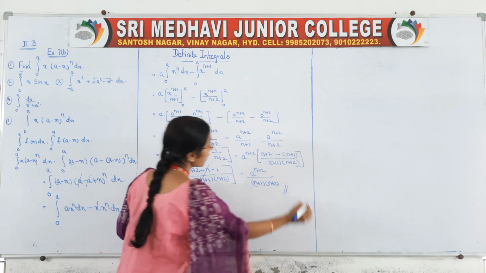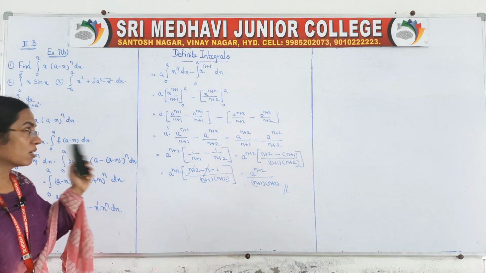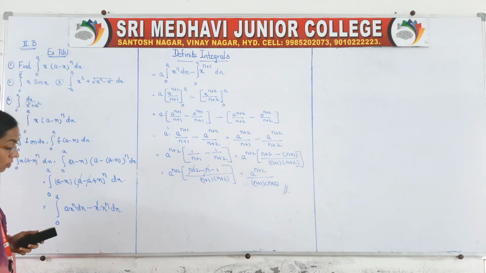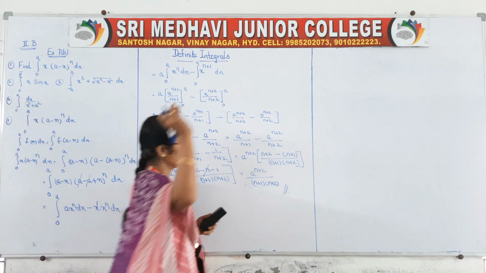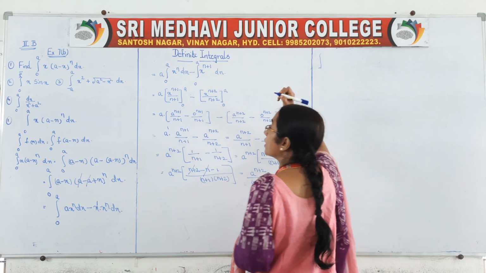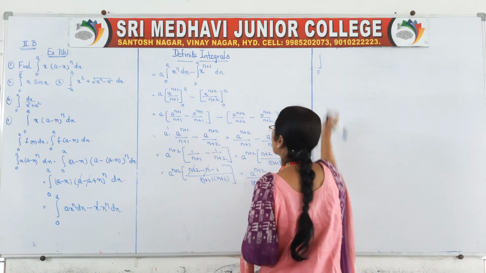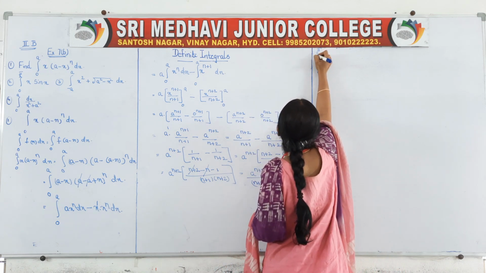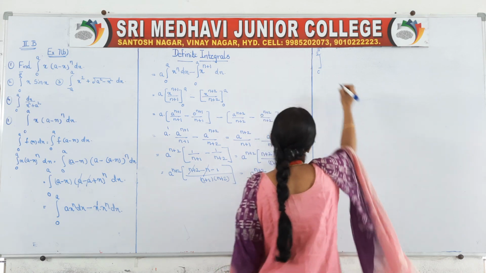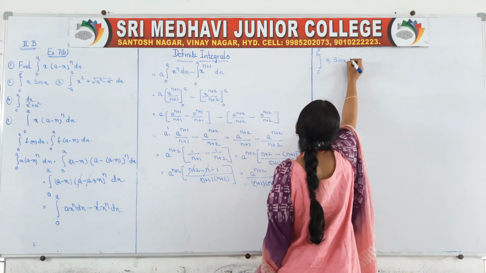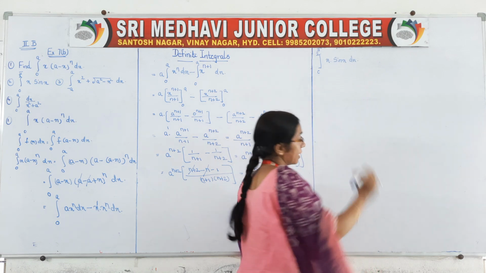That is the answer to your first question. Okay, so now come to the second question. Observe the second question. First, you got into this form. Which form? Product form, or we can say integration by parts. If it is in the product form, we have to integrate by parts, it is called.